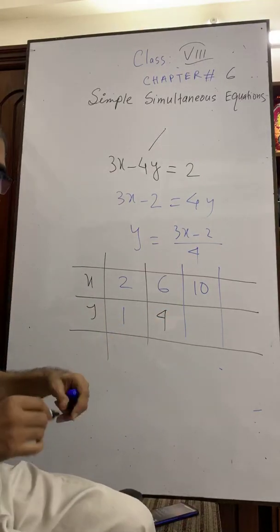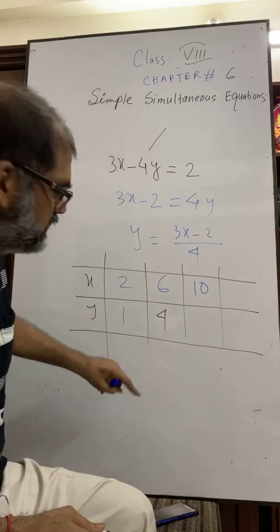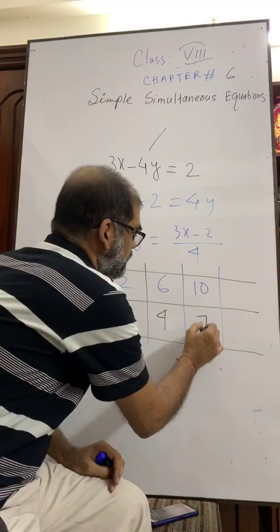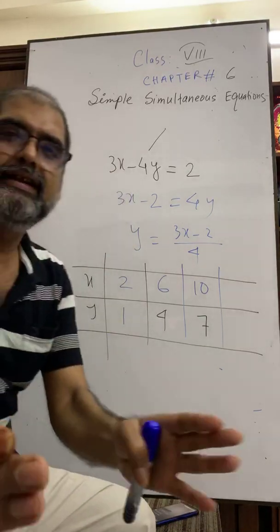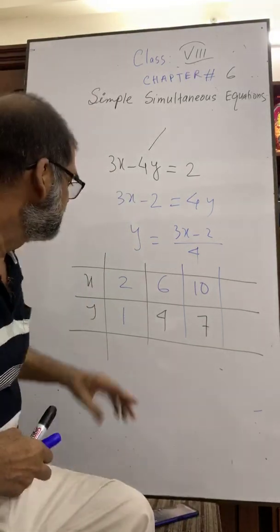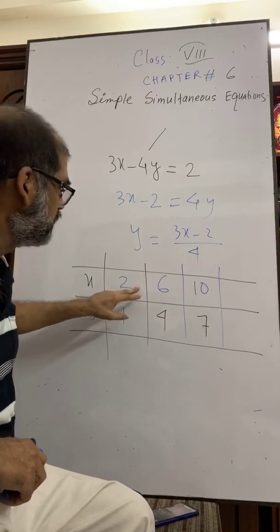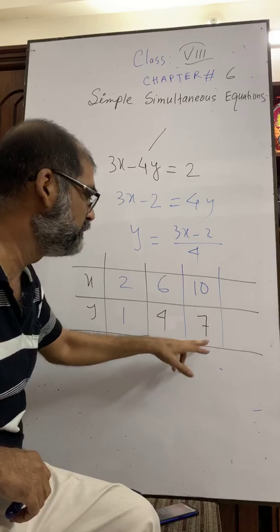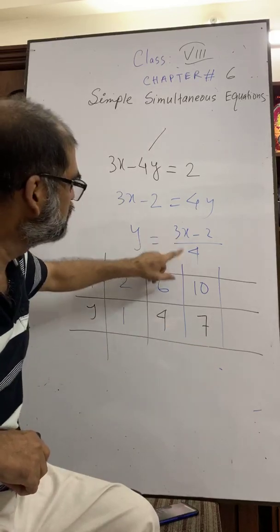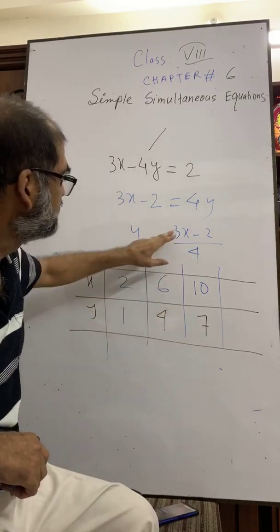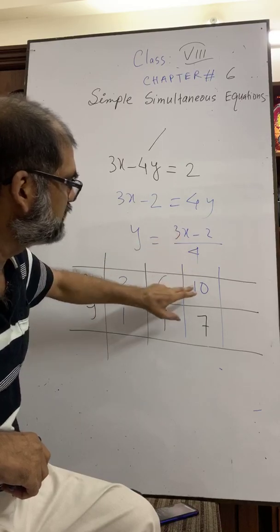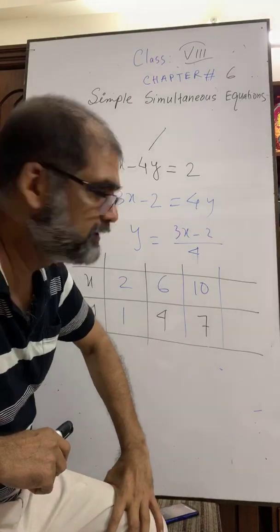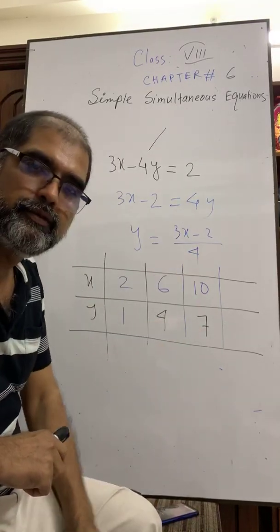Now you know, I will not calculate it because the difference here is what? 3. So here it will be 7. I mean, they will maintain the same differences. Here the difference is the same, 4, 4. If we get a difference of 3, it will be another. You see, 3 into 10 equals what? 30. 30 minus 2, 28 by 4. 7. Okay.